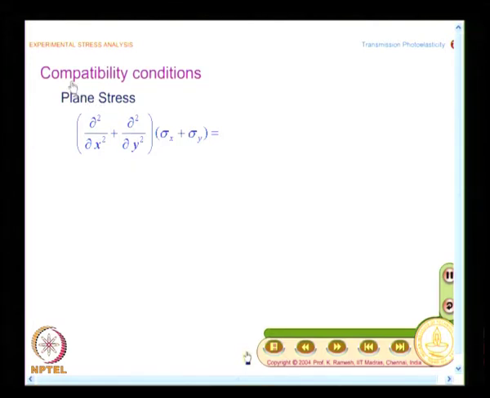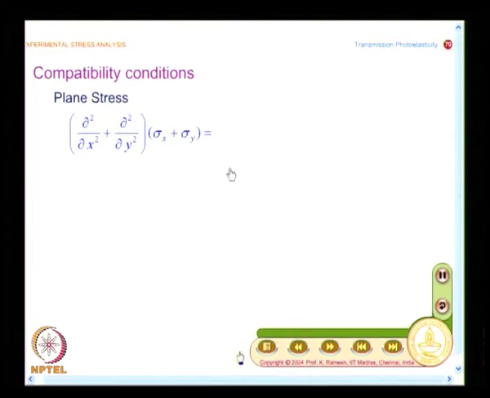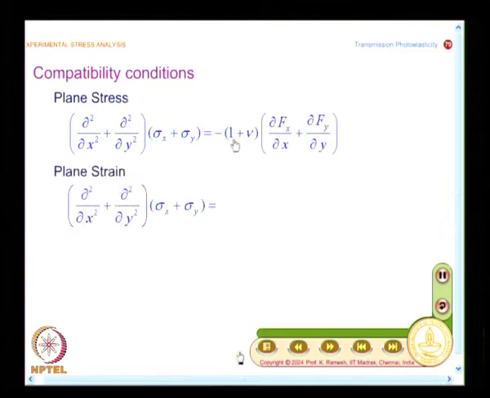The compatibility conditions in terms of stress components has the form like this for plane stress. On the right hand side, what I have is minus (1 plus nu) multiplied by dou fx divided by dou x plus dou fy divided by dou y, and these are body forces. And one of the simplest